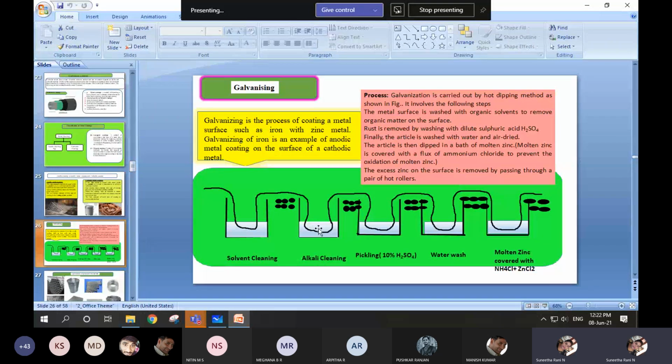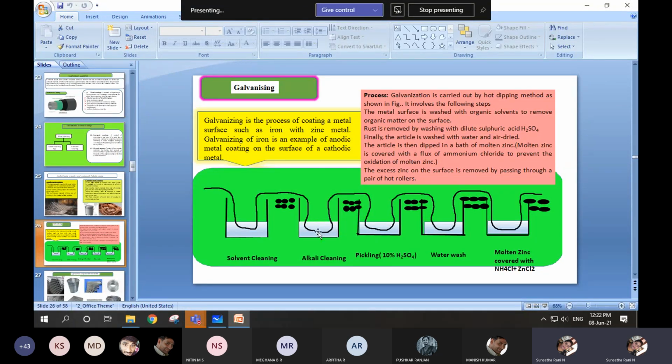which contains alkali. Alkali condition means alkaline dissolved impurities are present. In the alkaline solution, we usually use potassium hydroxide or NaOH, which is a base. It removes all the impurities and the grease and oil present on the sheet. That sticky part it takes away in the alkali cleaning. This is called the cleaning procedure, or degreasing.